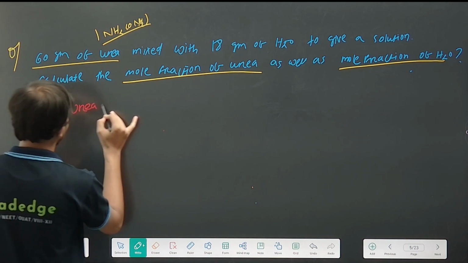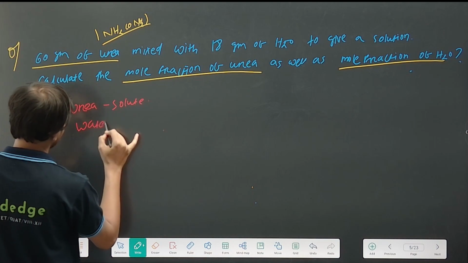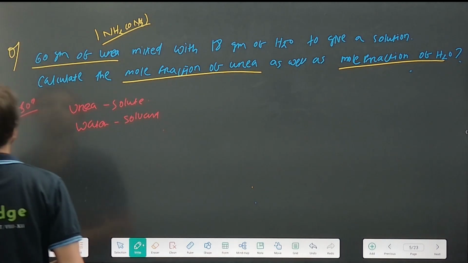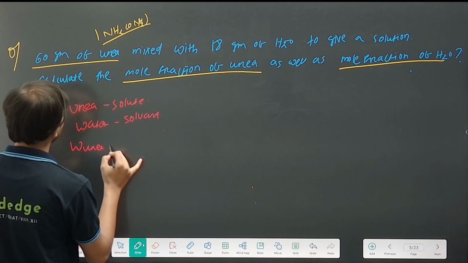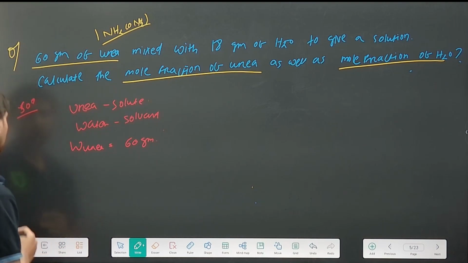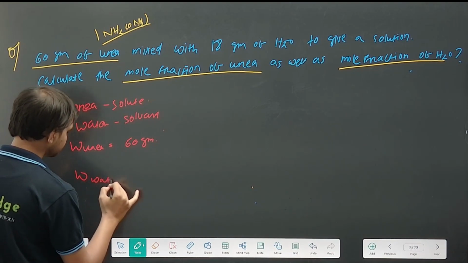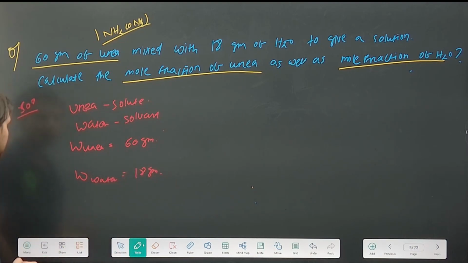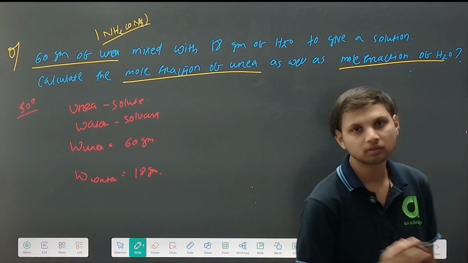urea will be the solute, water will be, let's suppose, the solvent. Okay, it must be a concentrated solution, of course. So what is the weight of urea given to you? It's 60 gram, isn't it? Okay, so what is the weight of water given to you? It's 18 gram, right? Okay, so in order to find the mole fraction, if I put the formula in the